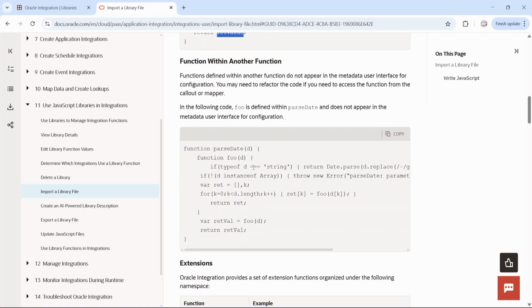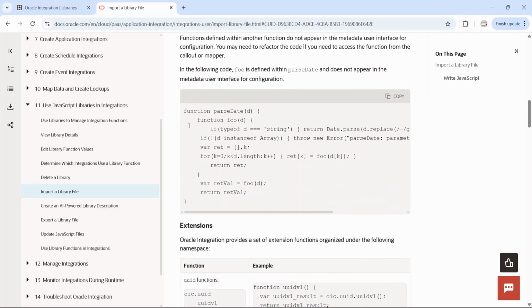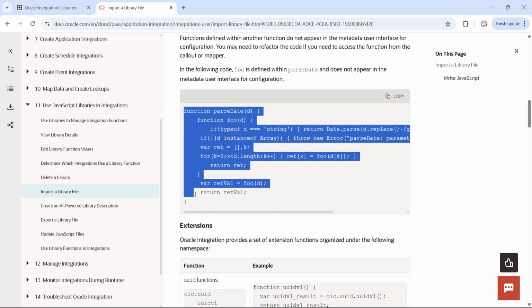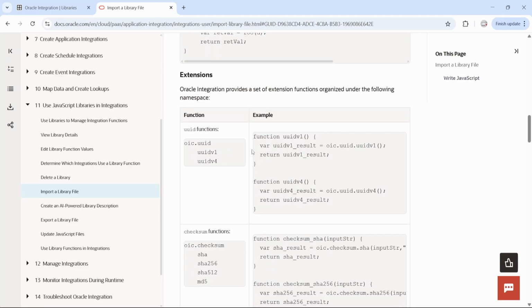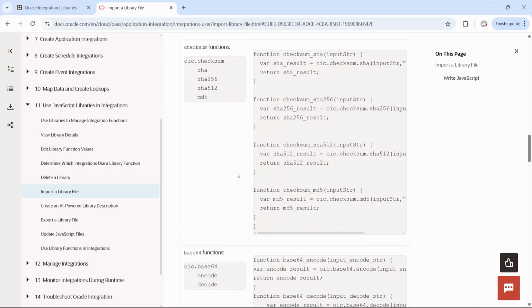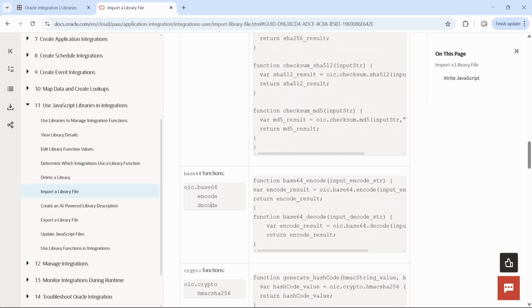And there are multiple code syntaxes and ready-to-go codes available in this documentation. For example, here within one function, we are calling a different function, and there are some extensions as you can see here for base64 encode, decode. You can just copy this, paste it into a JavaScript file, and use it in your OIC integration by importing